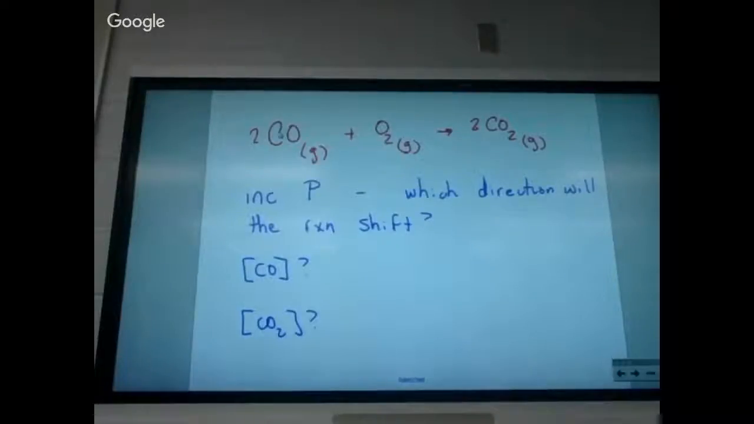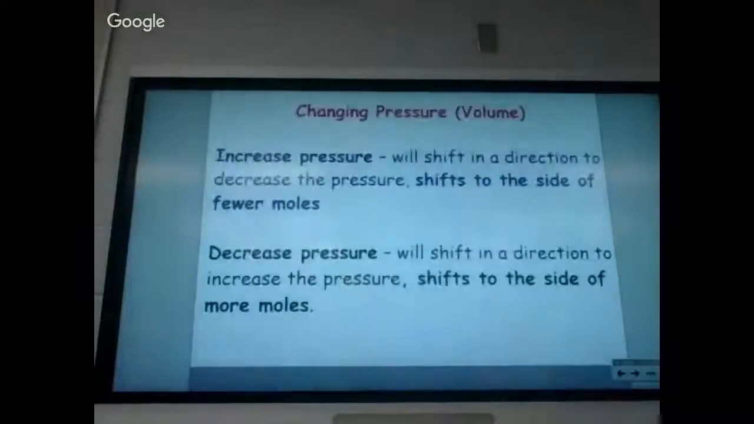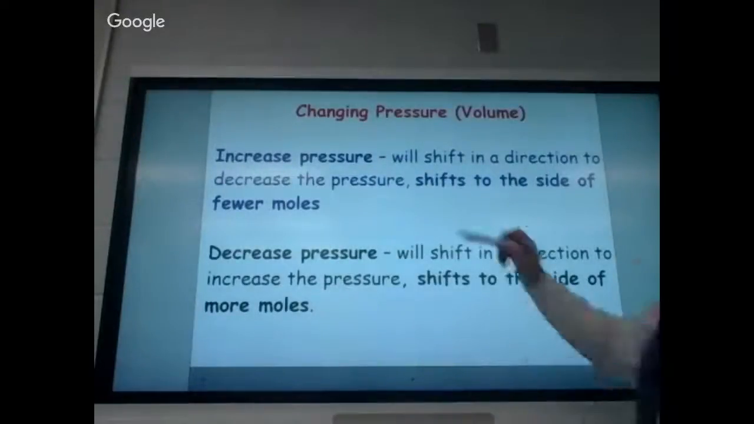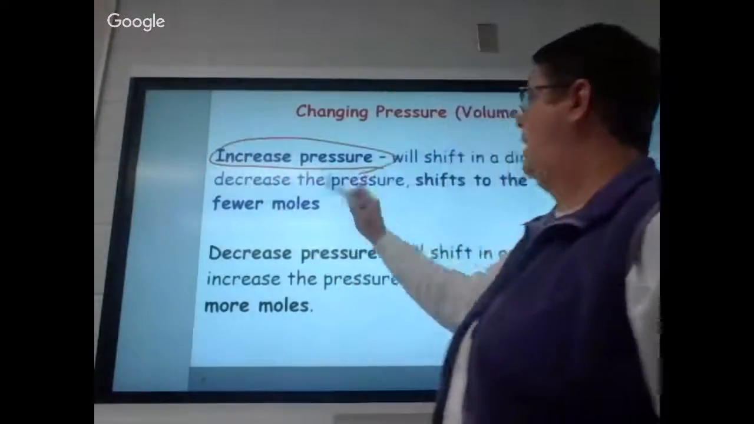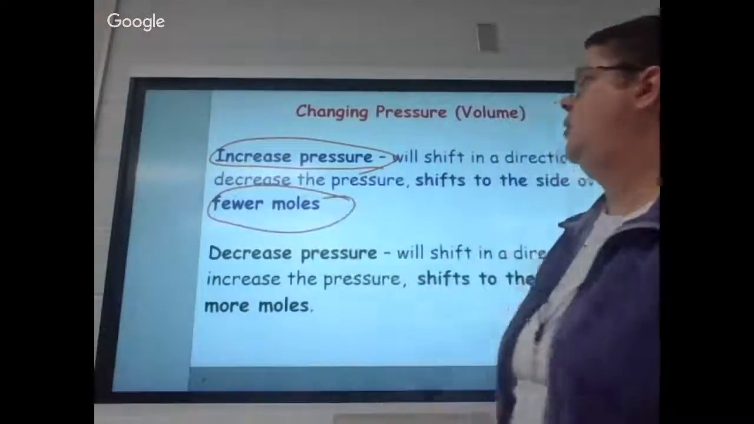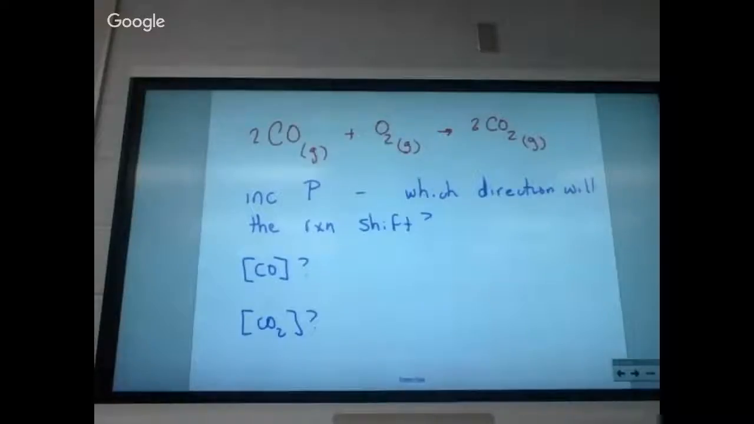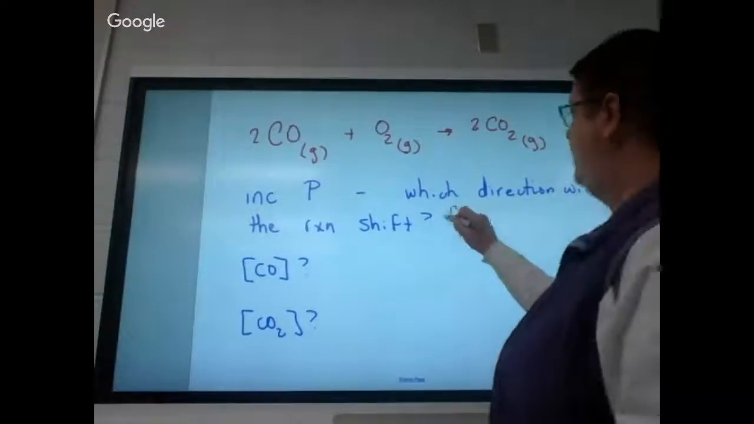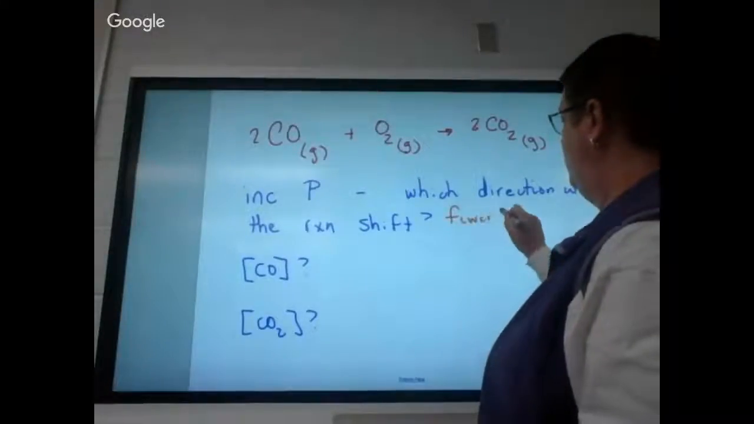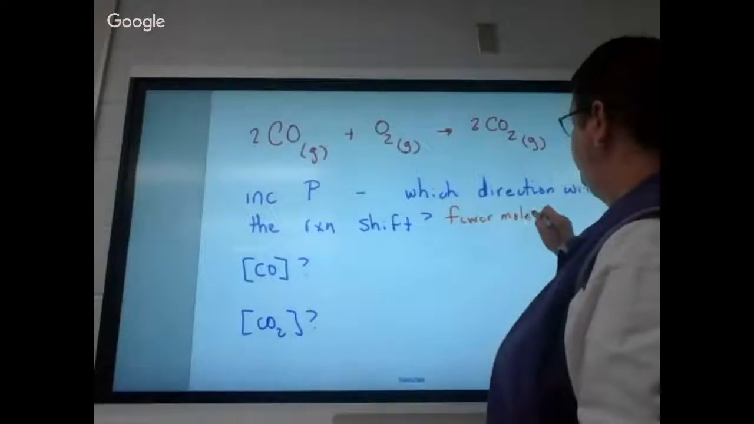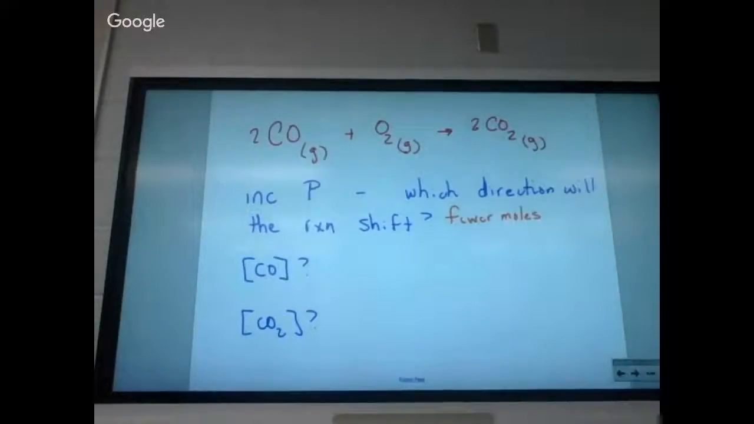Go to the more side. Fewer side. Okay. I go back. If I increase pressure, I go to the side of what? Fewer moles. Okay? So, I go to the side that has fewer moles. So, looking at our reaction,